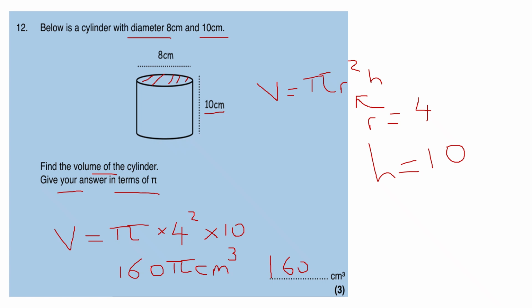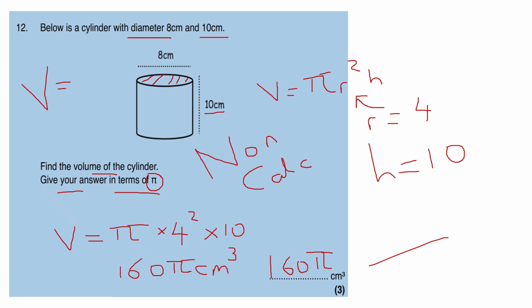Of course, if the question said give your answer to a certain number of sig figs or decimal places, you would plug it into your calculator to work out the decimalized version, but here it says give your answer in terms of pi. So this question would appear on a non-calculator paper for GCSE maths, higher or foundation. It'll probably be like the last question on a foundation paper, and like the first few questions on a higher tier paper, the volume of a